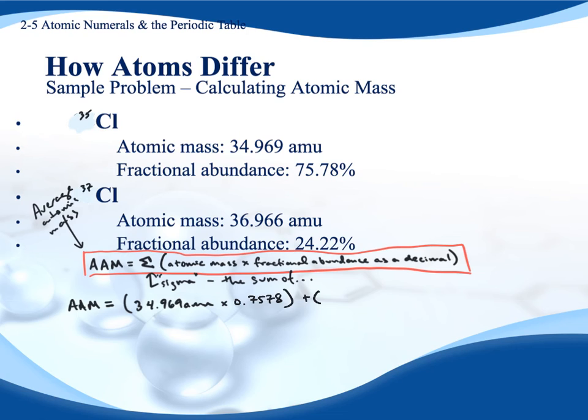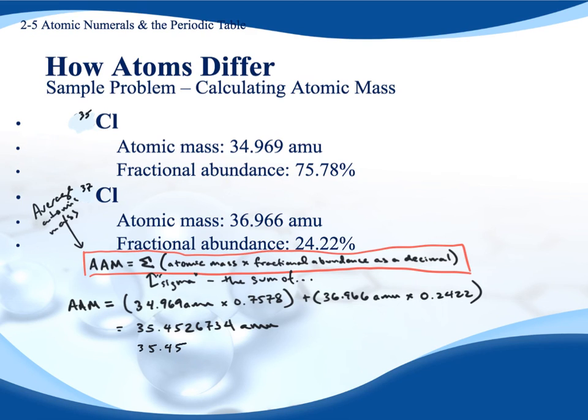Then we need to do it again for the second one. The mass of the second one is 36.966 AMUs, and we multiply that times its abundance written as a decimal, 0.2422. Then we simply do the math and add all of this up: 34.969 times 0.7578 plus 36.966 times 0.2422. If we write all of this out, we get 35.45. Obviously we need to round this off using significant figures. If we use 4 digits, because that's the most we've got there, we end up with the number